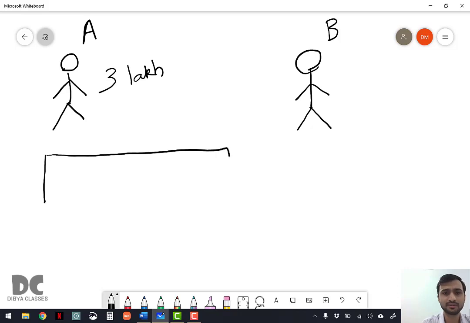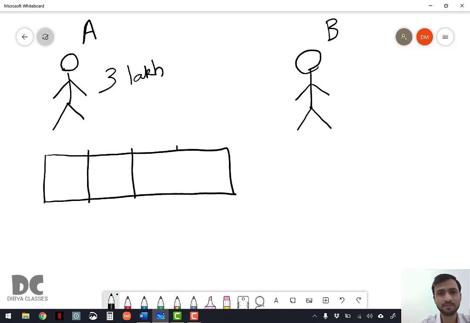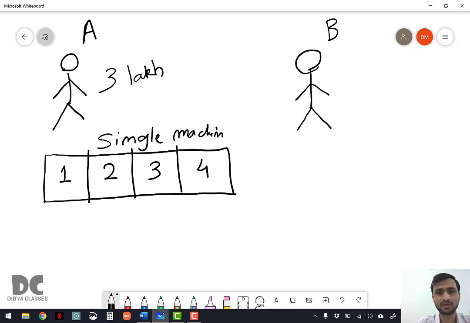It's a big machine, and the machine does a total of 4 works. The machine has the capability of doing 4 works or 4 tasks. Task 1, task 2, task 3, task 4. This is a single machine, okay? You have to remember that this is a single machine which can do 4 tasks.